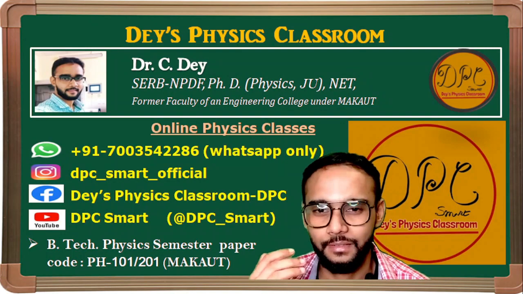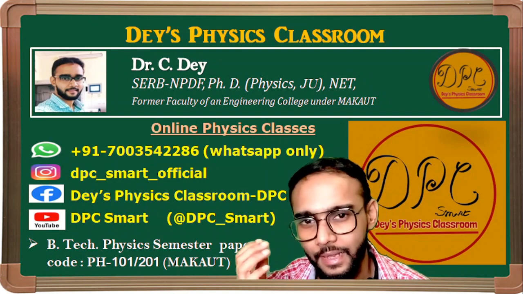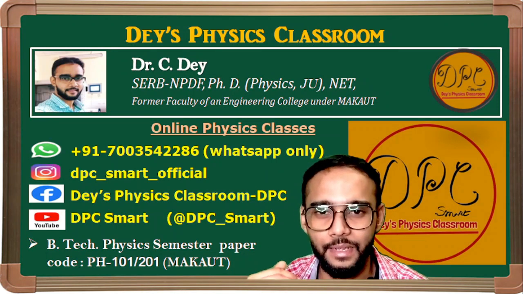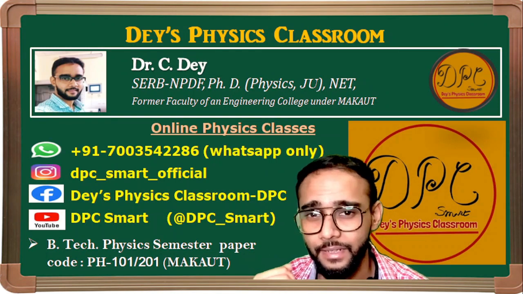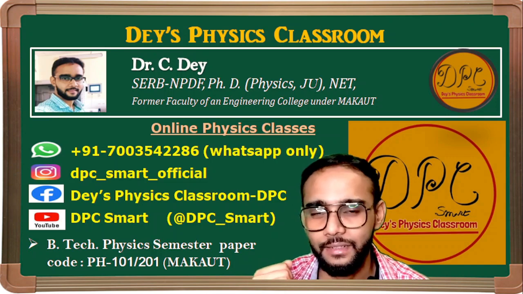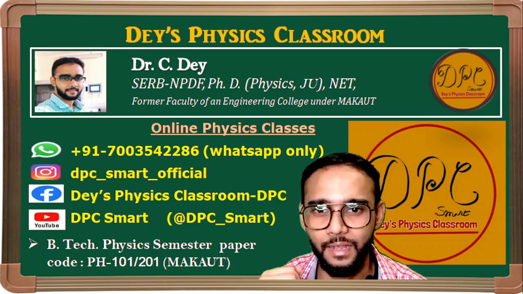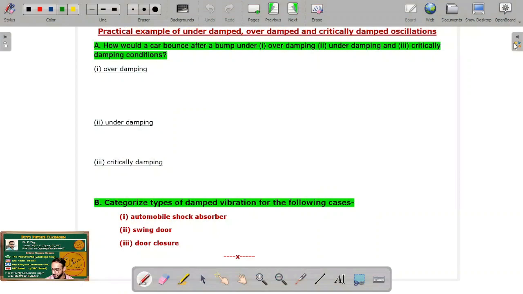Now we will discuss some practical examples of underdamped, overdamped and critically damped vibration. That means we will discuss some practical examples of different types of damped vibration. The first example is